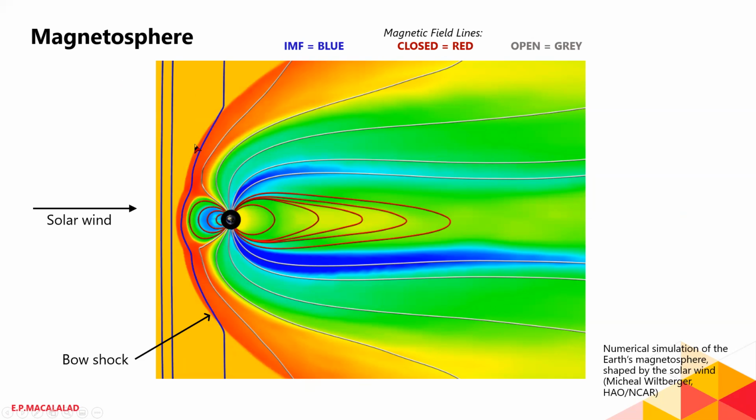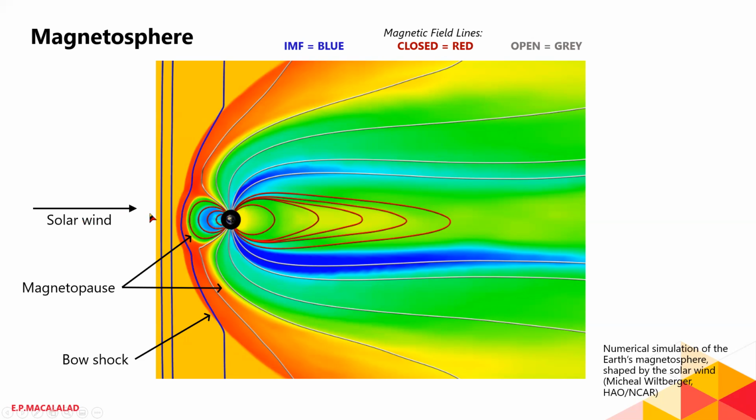Beneath that is what we call the magnetopause. Okay, this is your magnetopause. The magnetopause is the boundary of the magnetosphere on the day side of the Earth, that means the side facing the sun. This region is about 10 Earth radii, typically. And this distance can actually be calculated